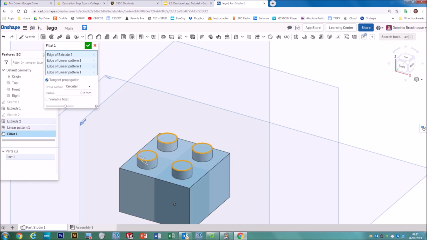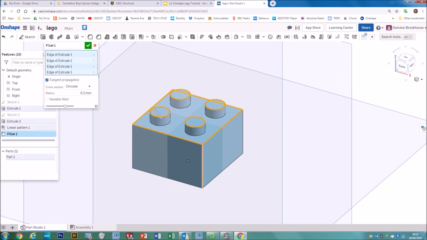Again, if you want them to be a different radius, you might need to do it as a separate fillet command, a separate feature, but I want to keep everything at 0.2, so I'm going to now go around and click on these edges. Be careful to try and click an edge, not an entire surface, because that will do all of the edges on that surface. So we'll click that one, there, there, and there,